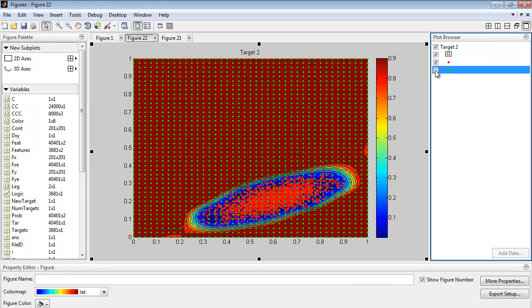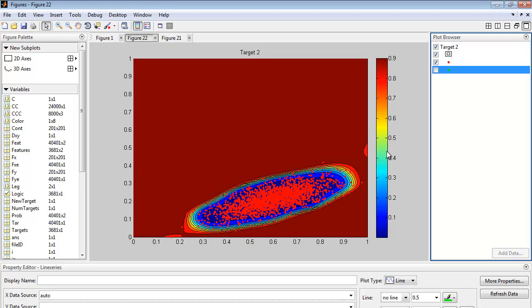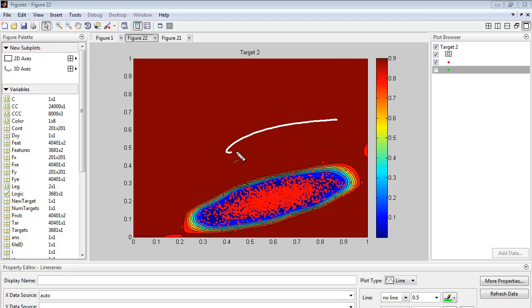Go ahead and get that. What you notice is the probability of target 2, which is now the background grid, is fairly high. So high probability, in other words, the non-existence of data is all out in here. The existence of data looks like a little probability distribution that you might see, and that's in essence what I